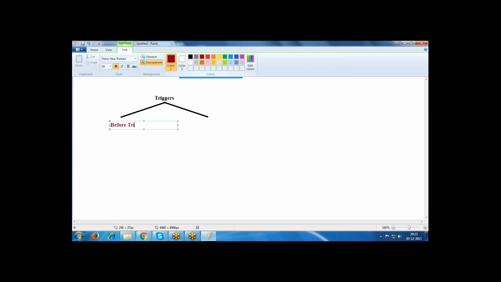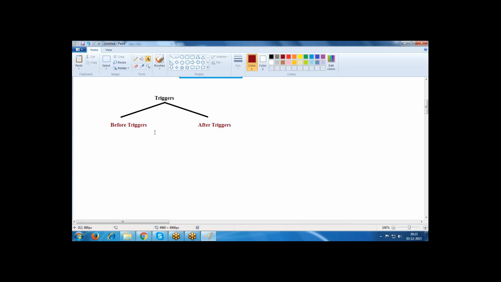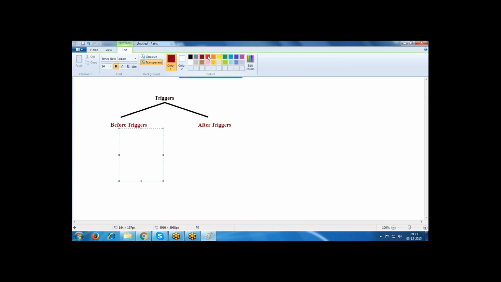Before triggers and after triggers. In the before triggers, it provides before insert, before update, before delete.